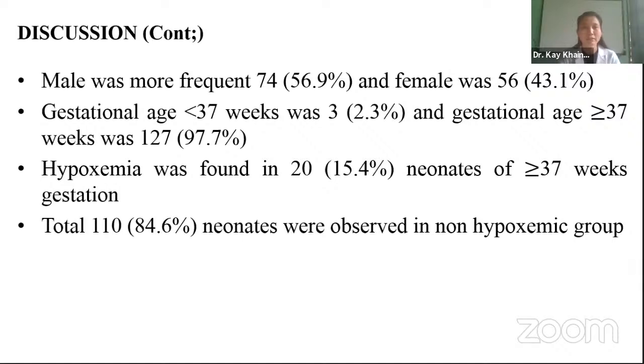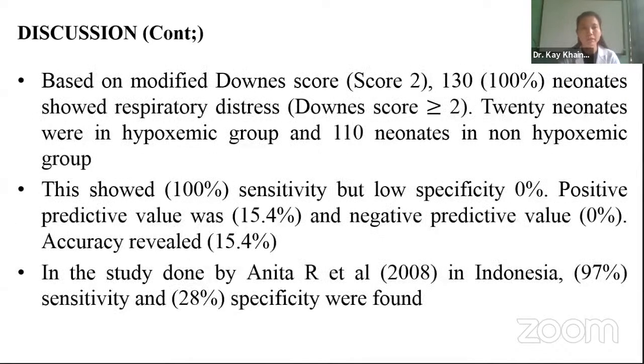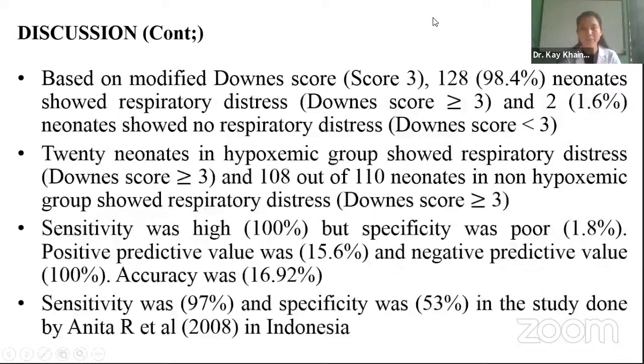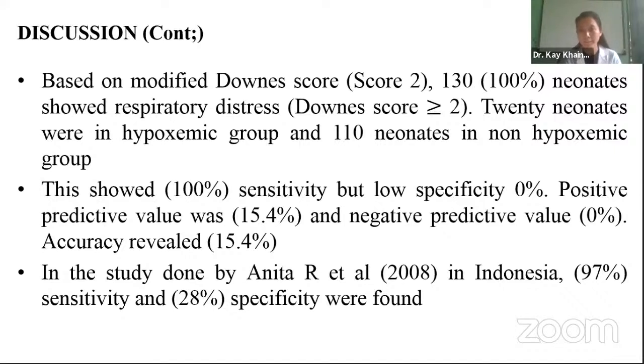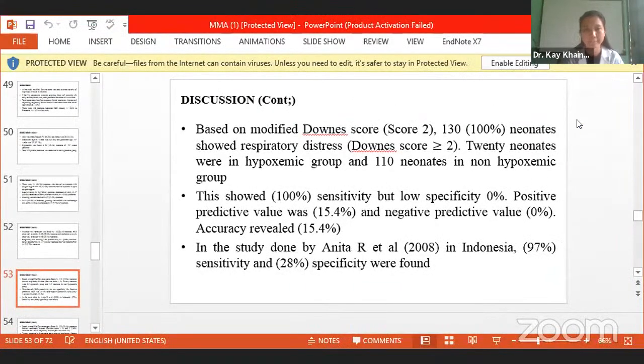These are already described. Based on modified Downes score, score 2, 100% sensitivity and low specificity. Based on score 2, 100% sensitivity but low specificity 0%, positive predictive value was 15.4% and negative predictive value 0%, accuracy revealed 15.4%. In the study done by Aniter, 97% sensitivity and